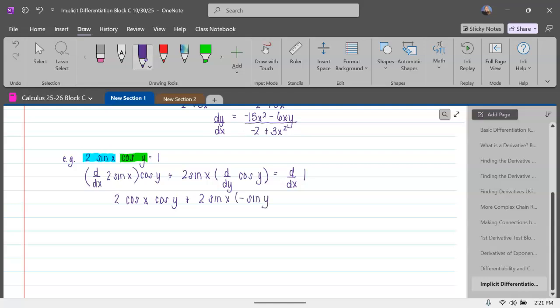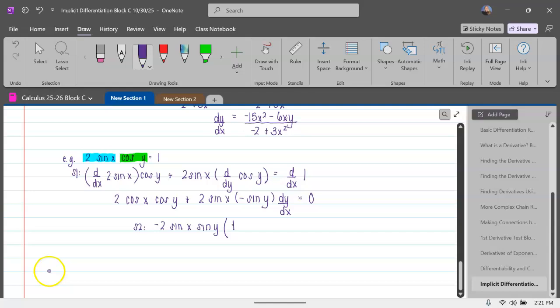Negative sine y. But we took the derivative of y. So what do we have to introduce? dy/dx. And what's the derivative of 1? 0. All right, so now we're going to move all terms that don't have dy/dx to the other side. And luckily for us, all we have to